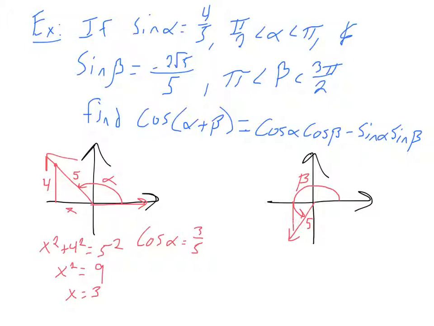By circle, of course, I mean that assuming there's a circle of some radius here. Well, radius 5, right? And so, if I make my reference triangle here in the third quadrant, negative 2 square root of 5 will be